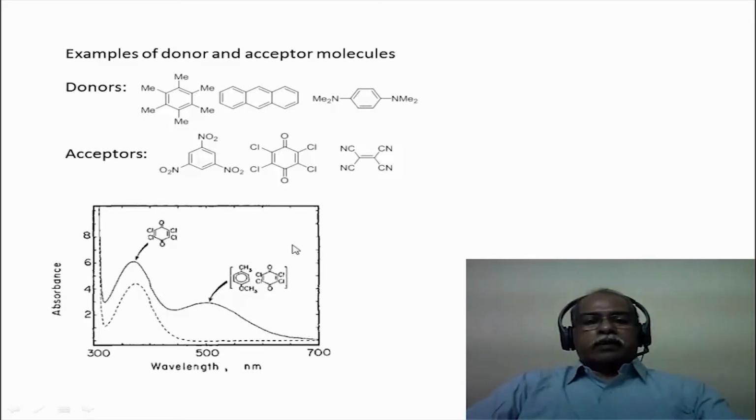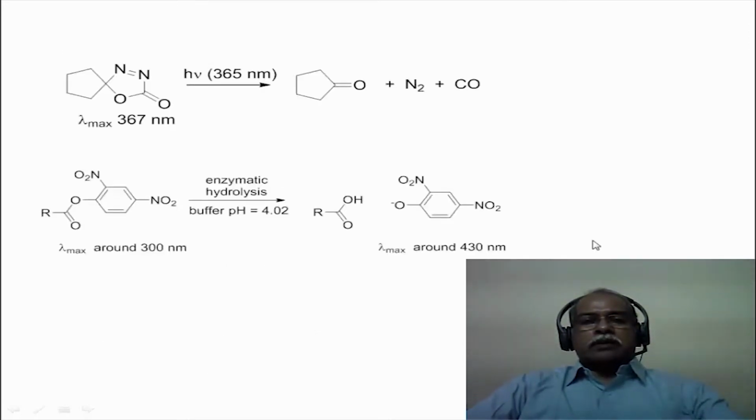And this is because of the formation of a charge transfer complex, with the donor being paramethoxytoluene and the acceptor being tetrachlorobenzoquinone, which is chloranil. This band is a unique band which corresponds to the species that is produced by mixing this with paramethoxytoluene. So this is the charge transfer absorption band at about 500 nanometer lambda max. And this band is not present in either of the starting materials, namely the paramethoxytoluene or the chloranil. It is formed only when these two substances are mixed, because of the formation of the charge transfer complex.